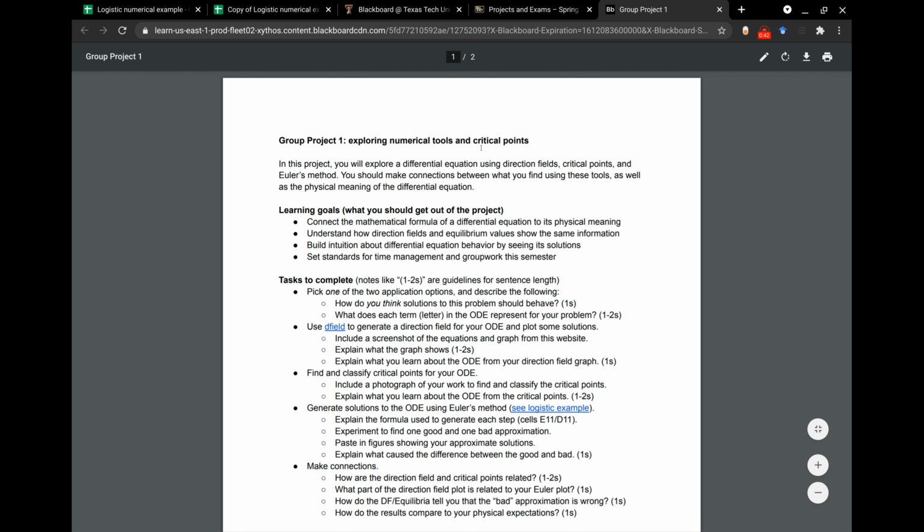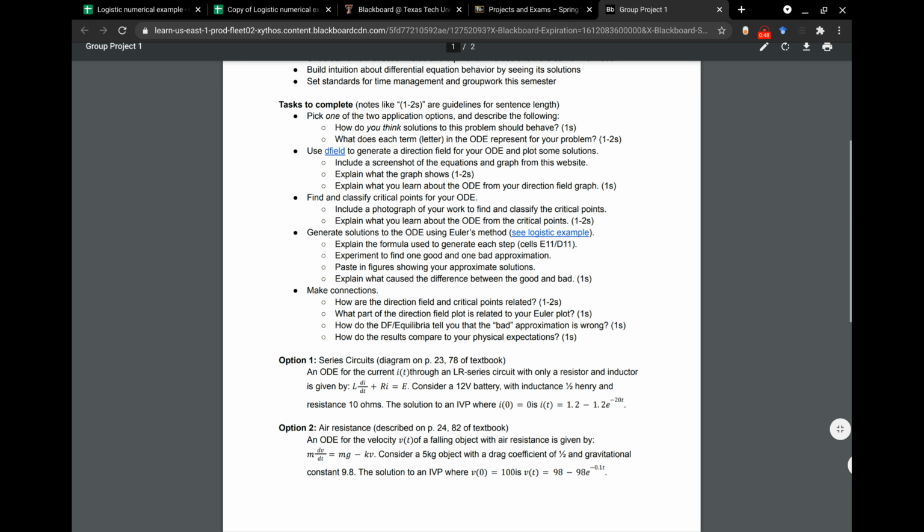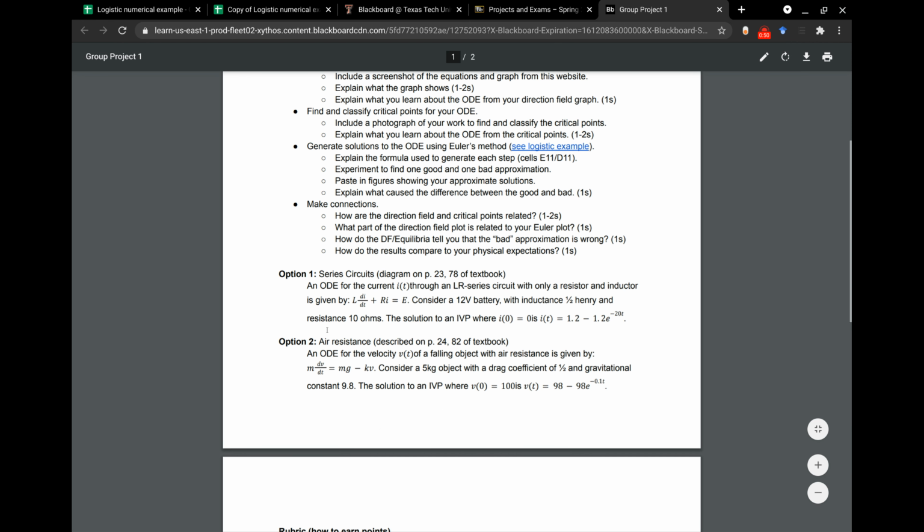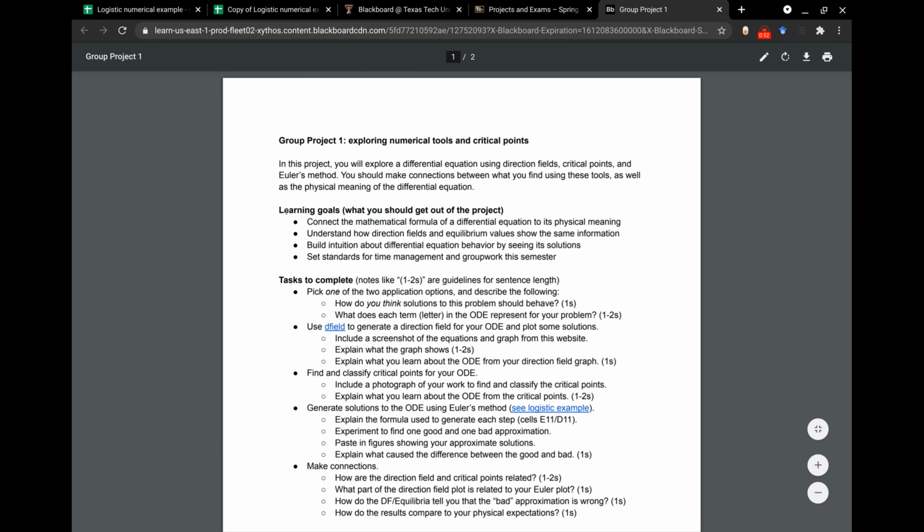The project is just going to be using direction fields, critical points, and Euler's method. So the three things we've covered with a differential equation of your choice. And what I've done for the project is I've given you learning goals. Same way we start every lecture with what I hope you get out of it. We're going to have at the start of your projects what I think that you should be getting out of it. So this real basic introduction is just going to be sort of to relate differential equations to physical things,